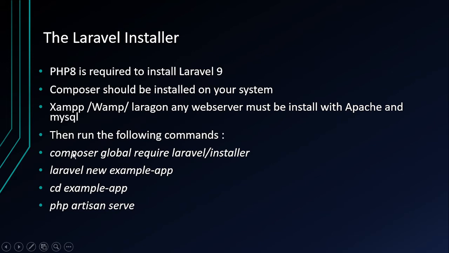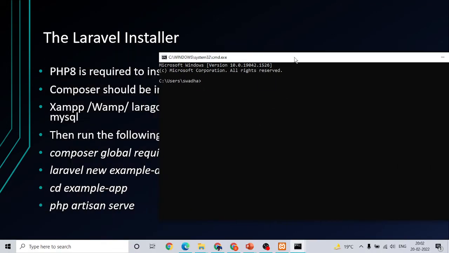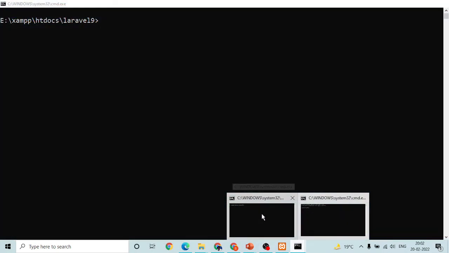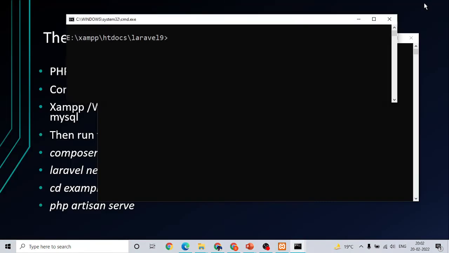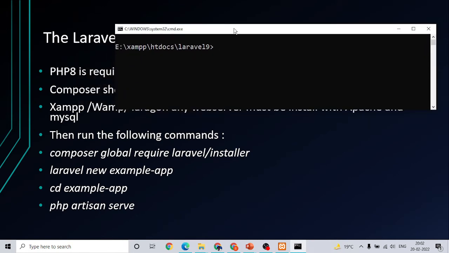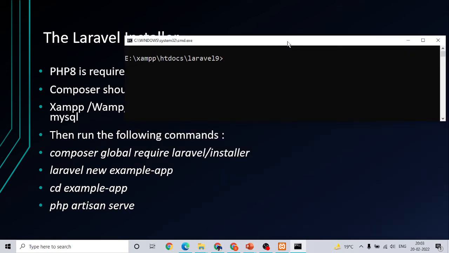So what is the Laravel installer? This is also a Composer package. If we open the terminal again, actually the terminal was opened previously, so there is no need to open another one. I'm going to use this one. Okay, and I'm going to go to this one. So the same requirements, these steps are the same. PHP 8 is required, Composer is also required. You must have a web server like XAMPP, WAMP, Laragon, whatever, and then the command is composer